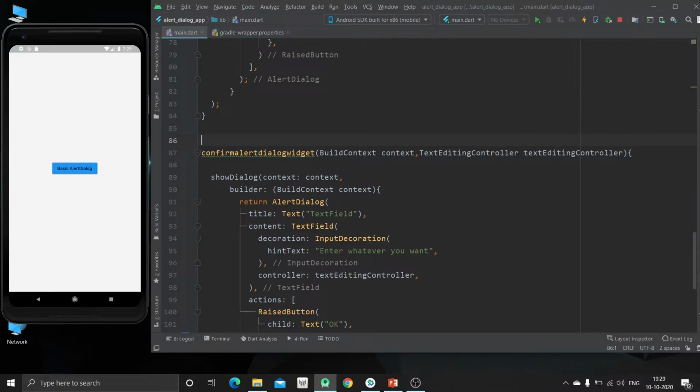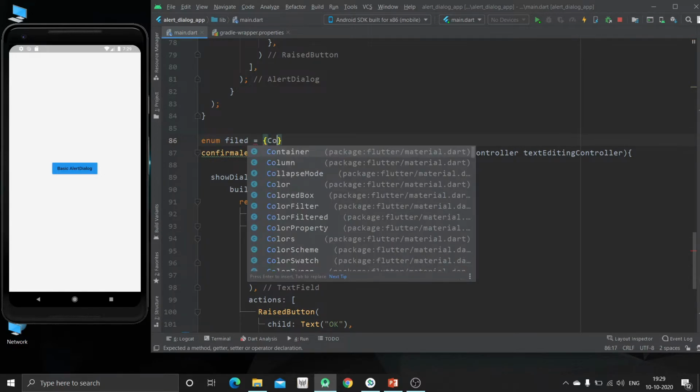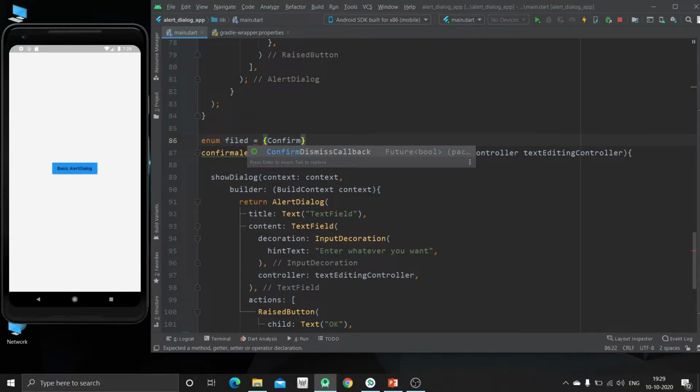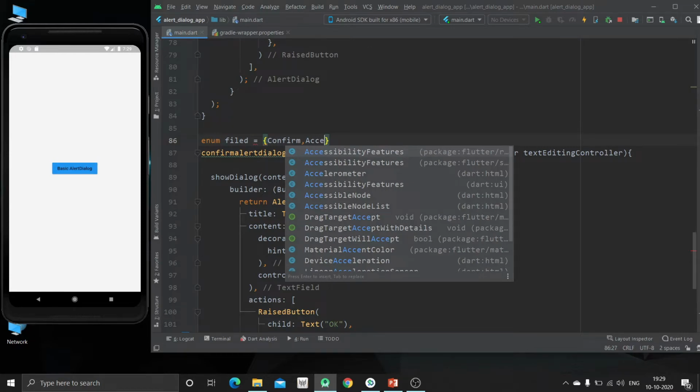Now for this we have to create one object of enum data type. We can specify it as field. Okay, just create it as field, and inside that we can specify confirm, or we can give some other like accept.